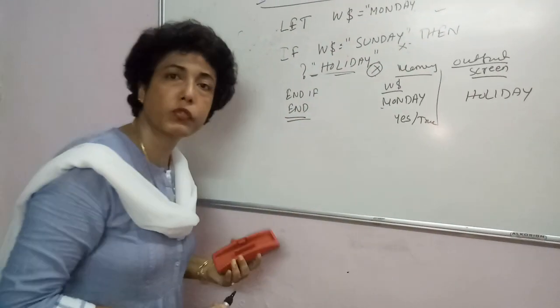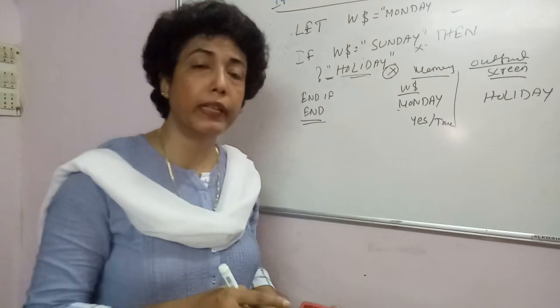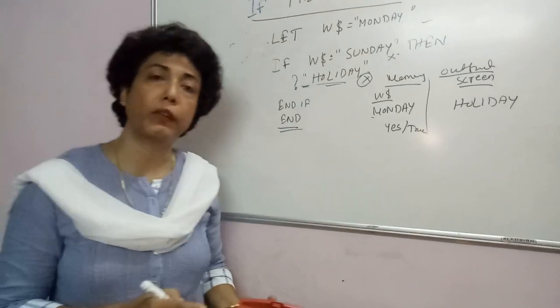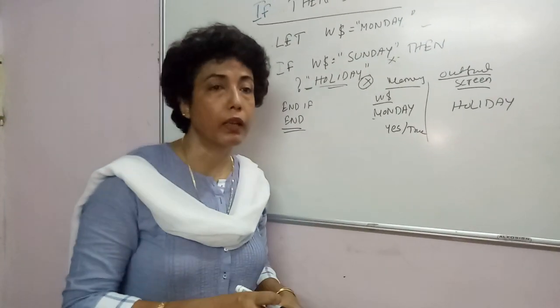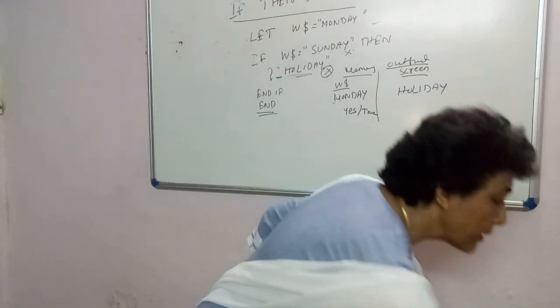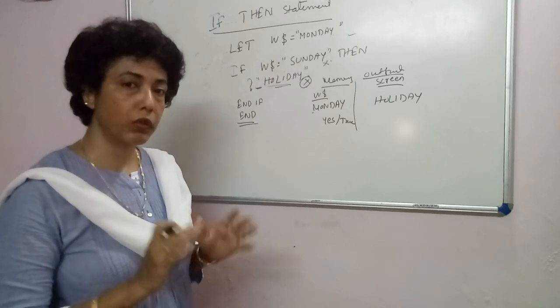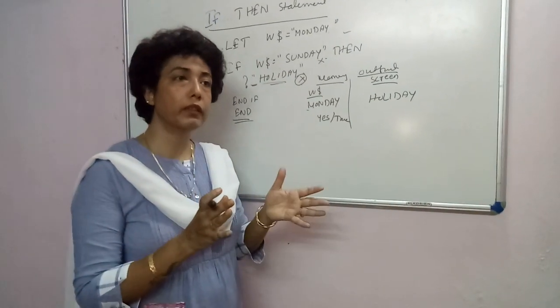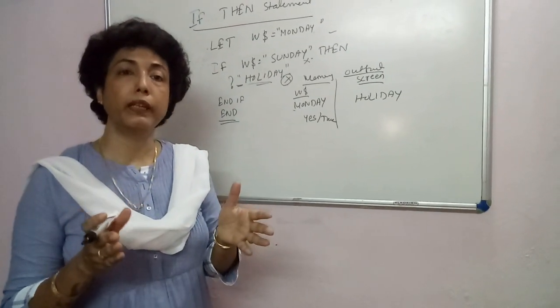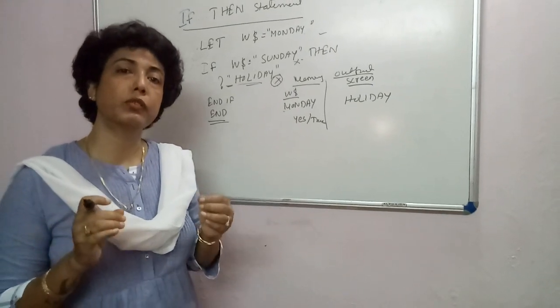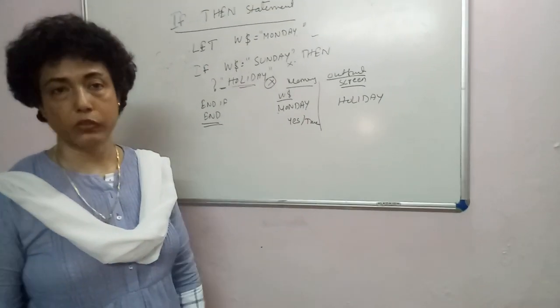So because this is wrong, the then part will not be executed, and the program will stop. It does not provide an alternative course of action that has to be performed if the condition is false. It only says what statement will be executed if the condition is true. False part, no reference to that.